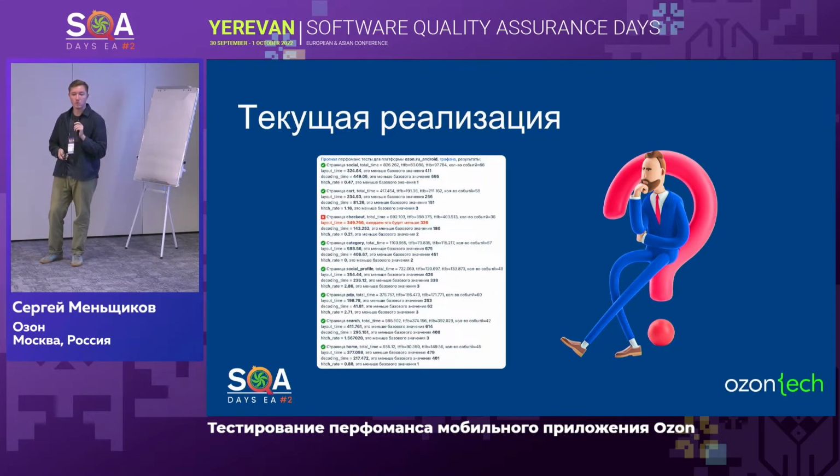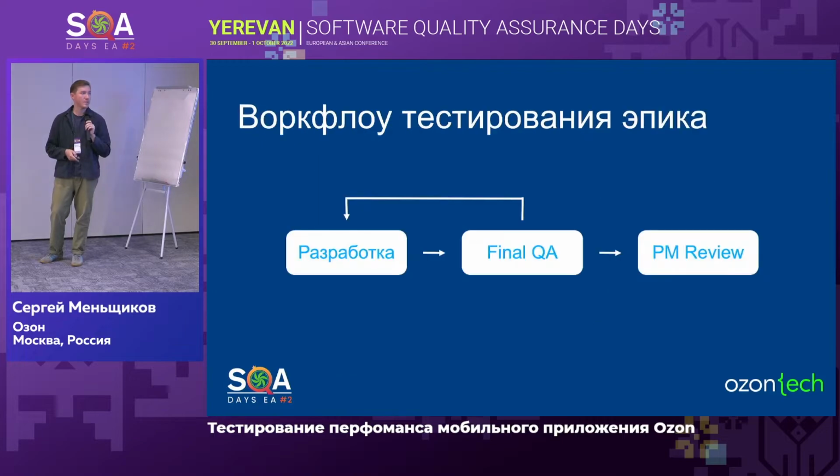Early on, we did not test it, and we started this process from scratch. It's part of the life cycle for an Epic. Pretty orthodox and standard, but let's talk it through. Under development, all subtasks in the Epic need to be designed and tested, and only then does the task transition to the final QA stage,